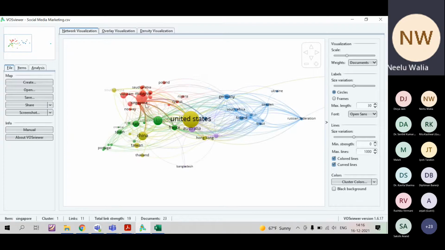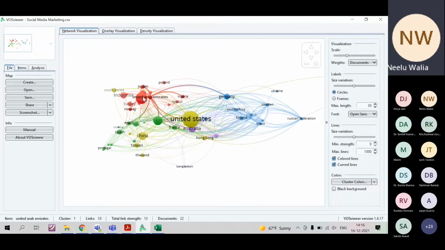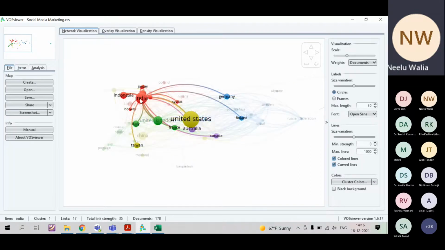If you see the size, the size indicates that the people of USA or of India have maximum collaboration. They are not writing locally, but with authors from different countries.